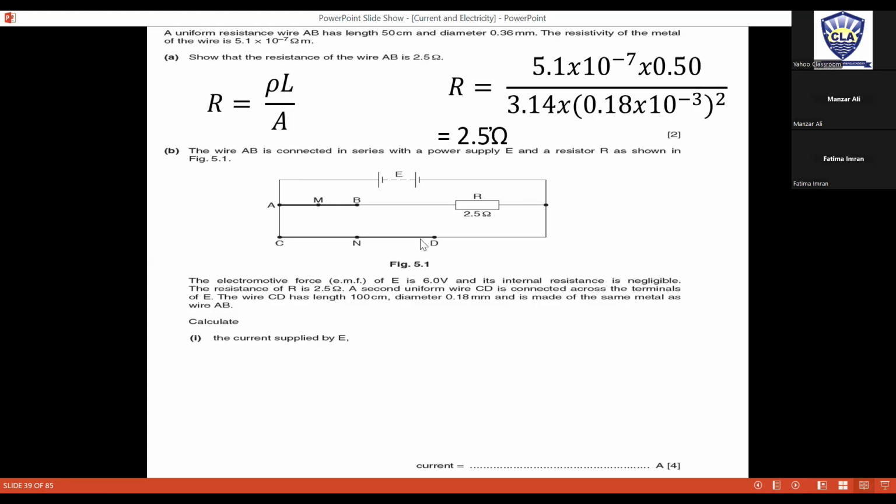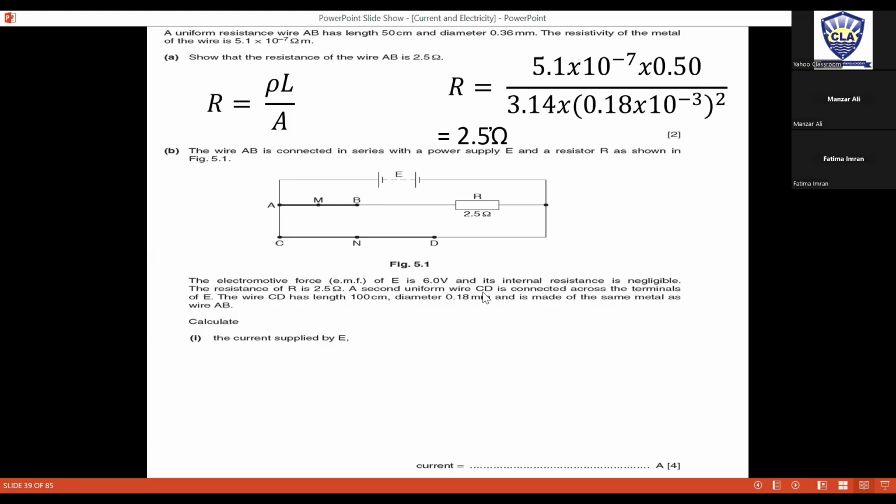अगेन वी हैव पैरेलल सर्किट। AB इज द वायर और इसके आगे 2.5 की एक और रेजिस्टर भी लगी हुई है। इसके पैरेलल एक और वायर लगाई है हमने जो कि CD वायर है। वो कहते हैं व्हाट इज द करंट सप्लाइड बाय द सेल। सेल से जो करंट आ रहा होगा उसका एक हिस्सा वायर AB वाले ब्रांच में फ्लो करेगा और दूसरा हिस्सा CD के ब्रांच में फ्लो करेगा। सो वी हैव टू फाइंड द रेजिस्टेंस ऑफ CD एज वेल।